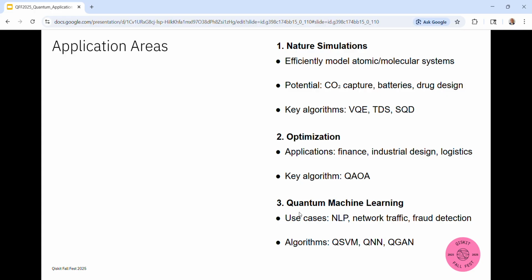Then optimization type problems, these problems that have to do with combinatorics, that can be finance, industrial design, logistics. Think like Amazon routing, trying to solve what's the best route that these vehicles can take to save gas, and what else. And then quantum machine learning, and this,